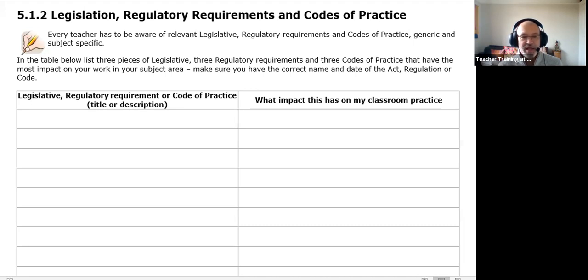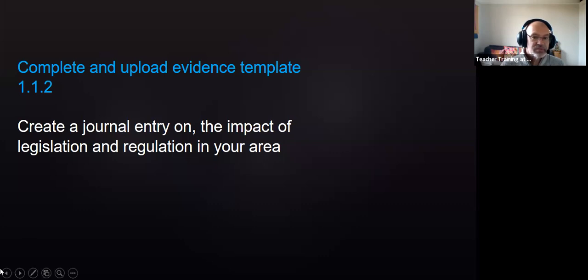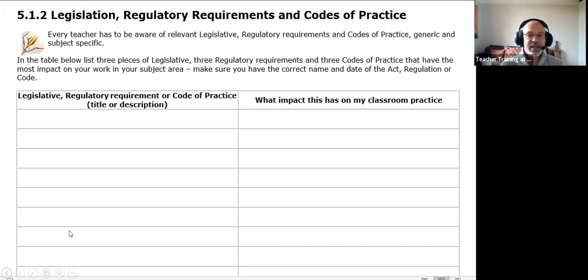I need to make sure that any activities that I generate have equality of access, that people can access them. So if people have got hearing impairments, visual impairments, or things like dyslexia, then they're provided with an appropriate alternative way of accessing the resources and materials. So there we go. I don't think there is anything else on that. No, just complete that and that is it. Yeah, so that's all there is to that. It's just filling that in, just picking 3 pieces of legislation, 3 sets of regulations, and 3 codes of practice.